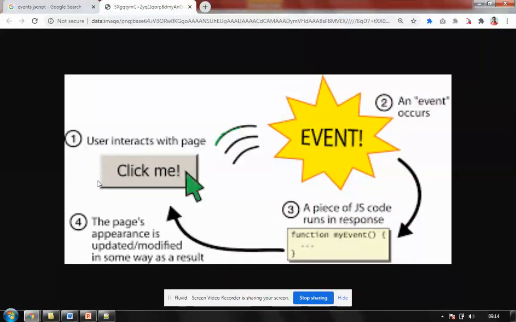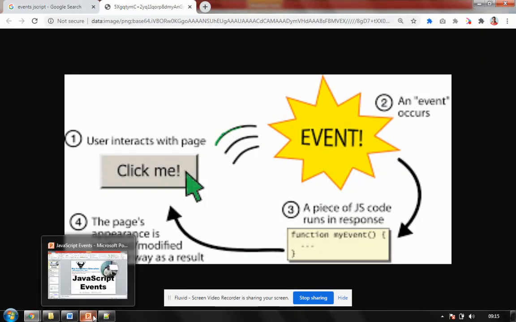So the first step is we have components. When you click on this, an event is generated. Mostly that click event is called, when you click on the button, the event is called clicked. Then this click event is associated with some kind of JavaScript code, and all the JavaScript code, all the functions or methods in JavaScript, have to begin with the keyword function. Then the event is called and it is executed. Once the event is called and executed, it does some updates to your page or modifies the page and shows the result. So this is the cycle of your event.